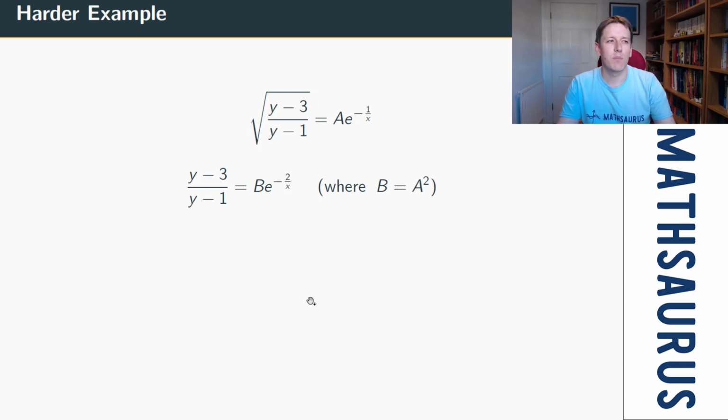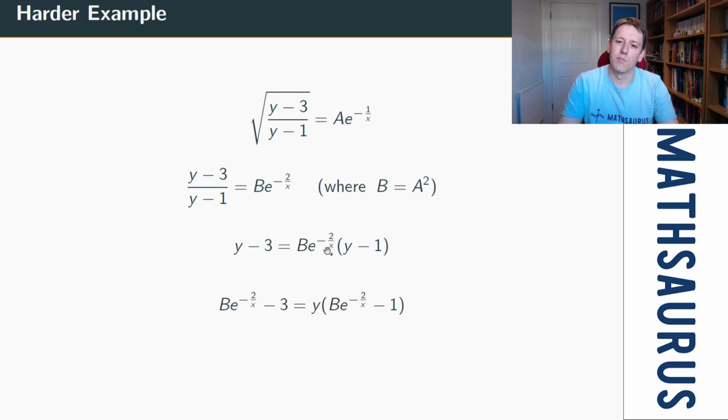And again, when we do this sort of stuff, we often do a bit of renaming of constants, right? So I square both sides here, and what do I get? I get a squared times e to the minus 1 over x all squared. So by the rules of powers, that's just e to the minus 2 over x. And let's just call a squared b, so I don't have to keep writing a squared. It's an arbitrary constant, so still an arbitrary constant. And now we've just got an equation where y appears twice, so I can make it the subject by multiplying by y minus 1,